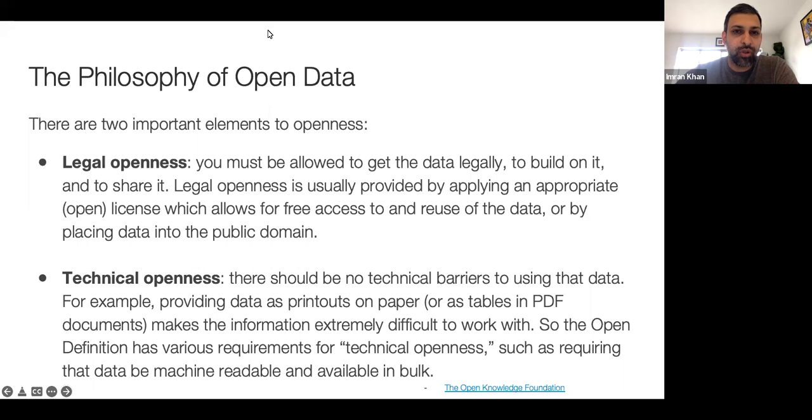So in general, open data can be considered with two layers or two levels. There's the idea of legal openness of data. So, are you able to access this data in some type of legal way? Institutions aren't really looking to put legal barriers in the way when they try to make data relevant and available to the public. And so this idea of legal openness is a really important one.